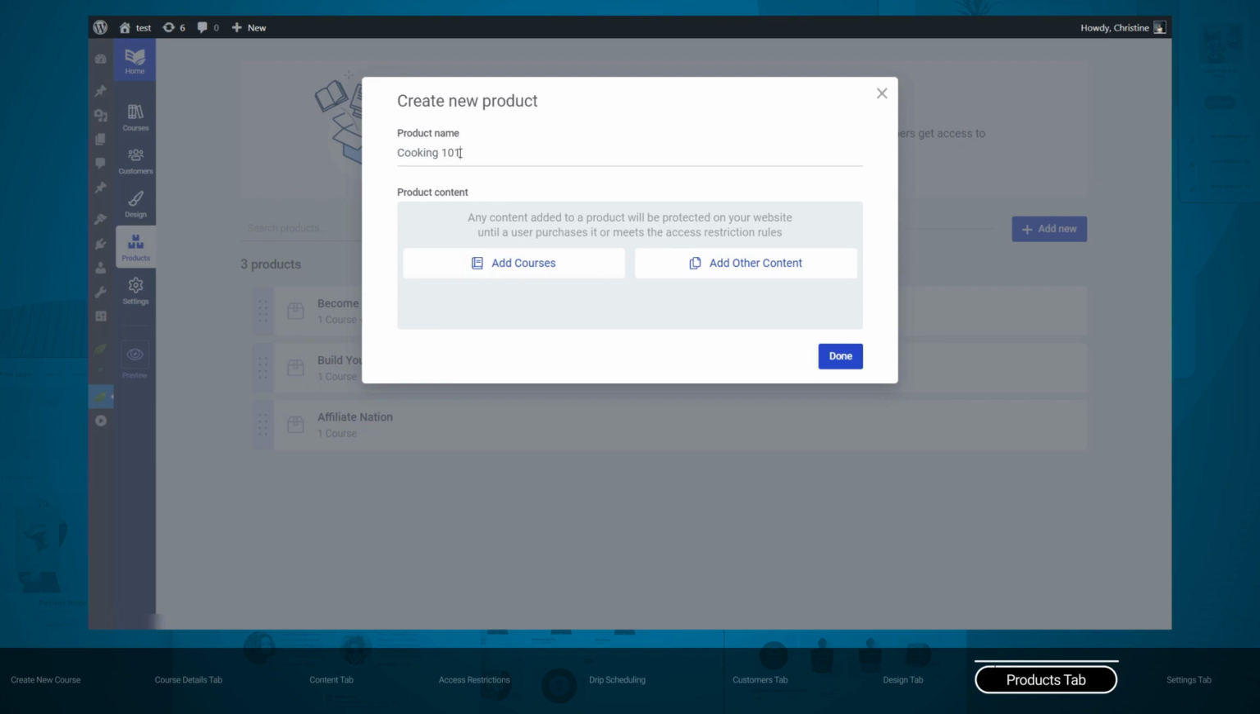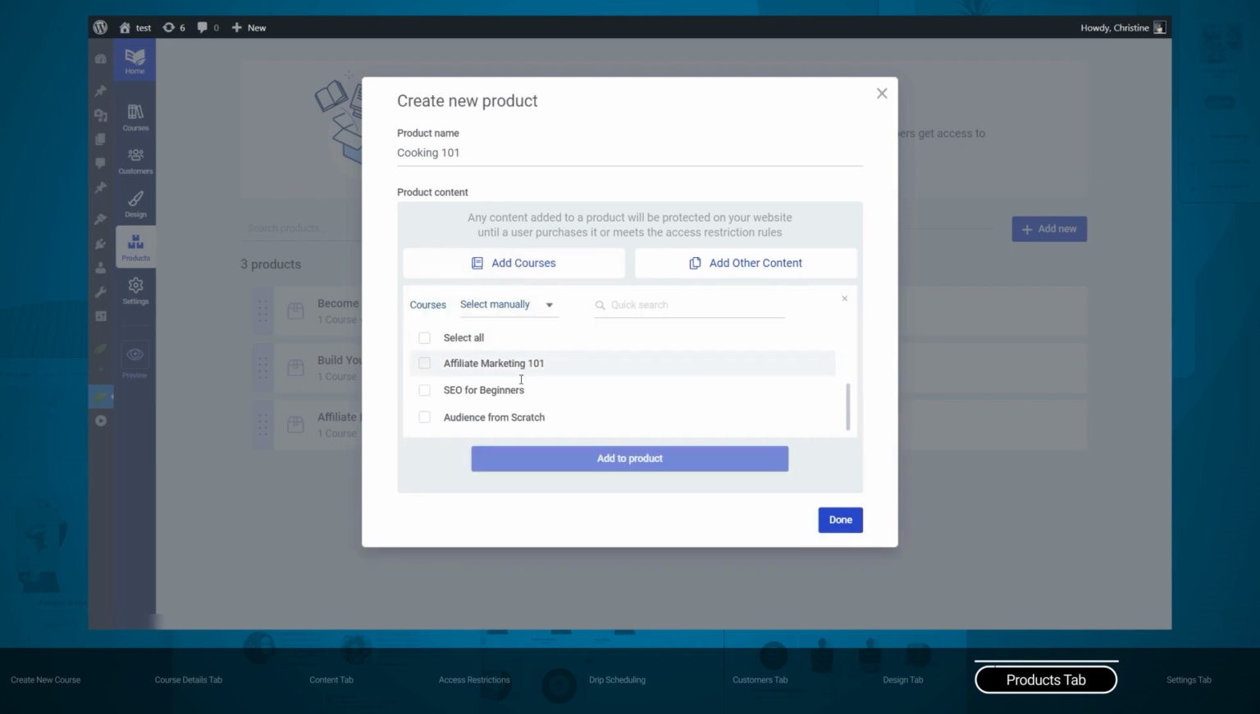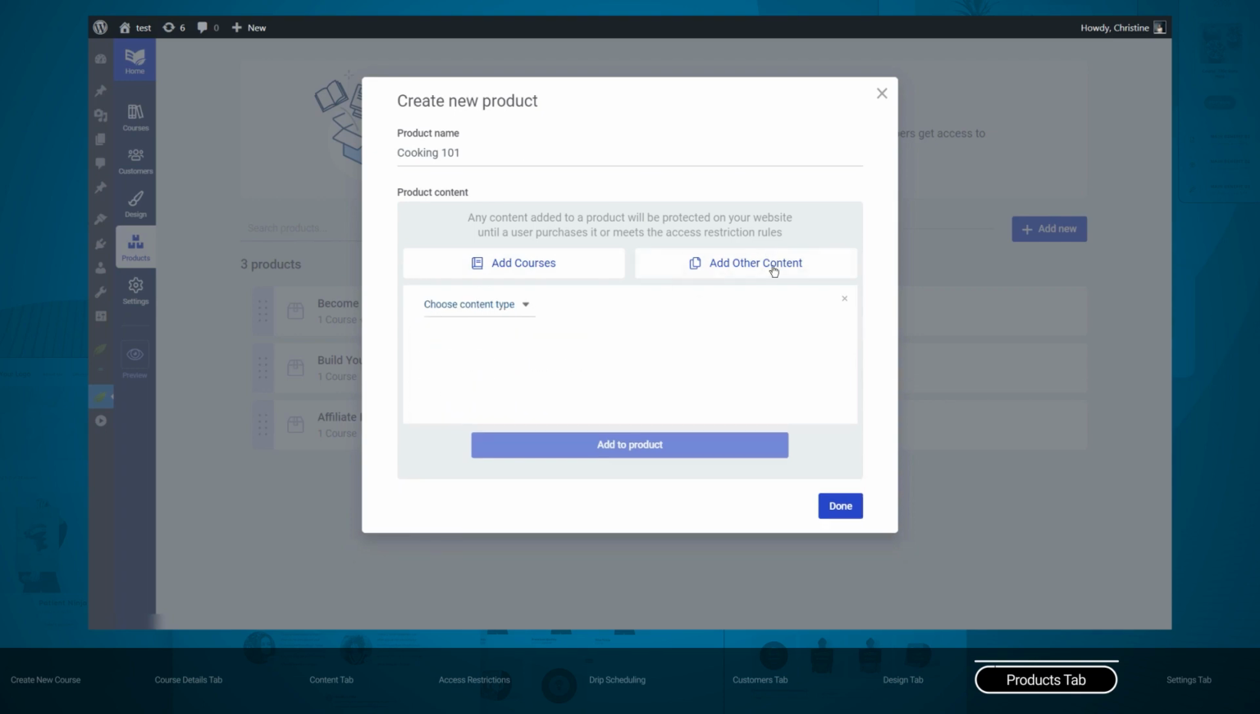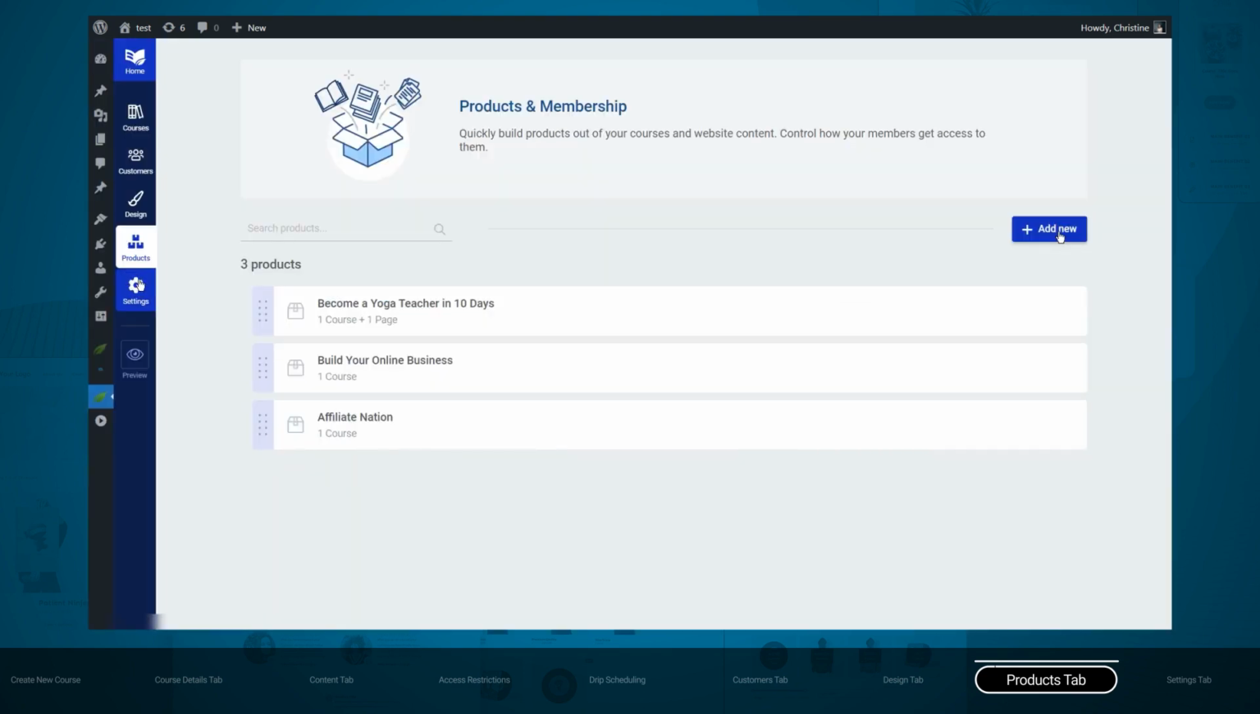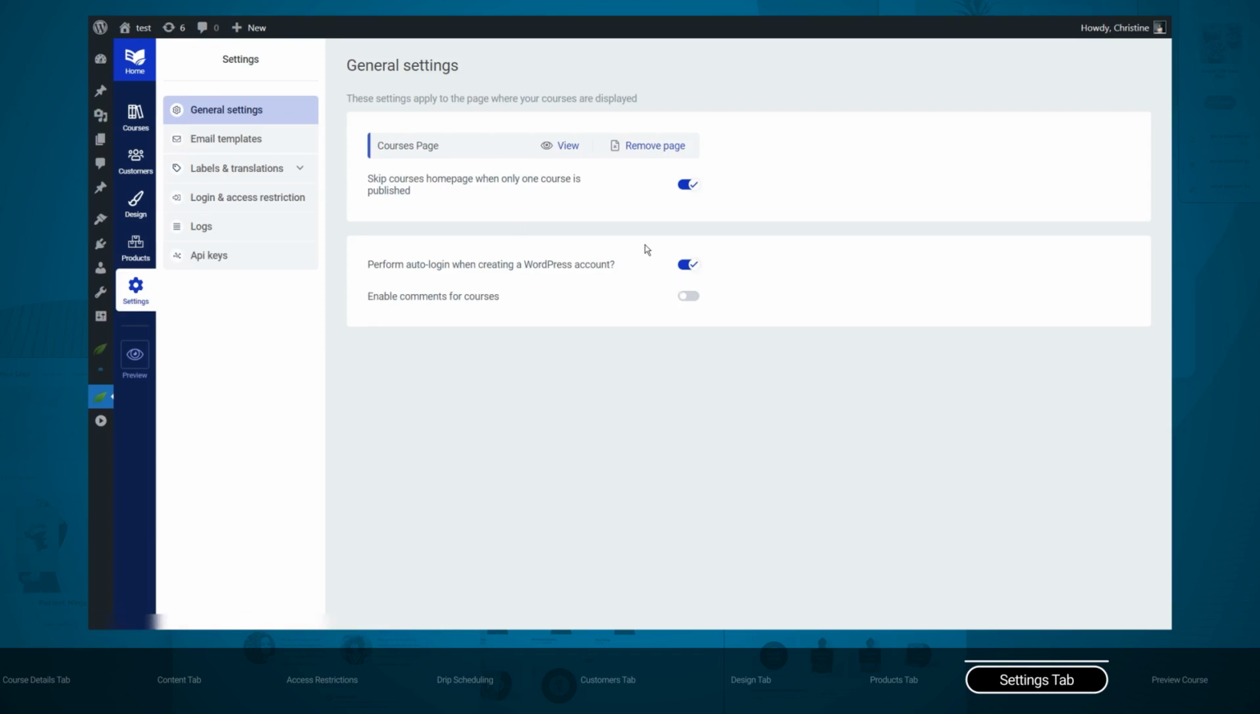here. You will have to enter the name for your product, and then from here you can add your courses, and this will be the list of your available courses and of course other content if you want to do that. And now the last part from the left sidebar is the settings section, which will contain multiple sets of